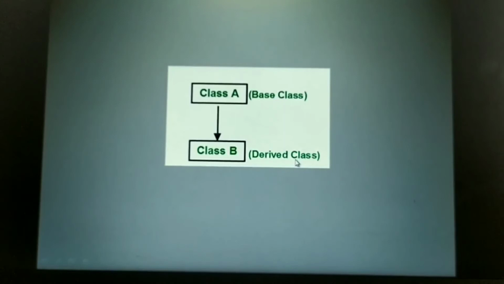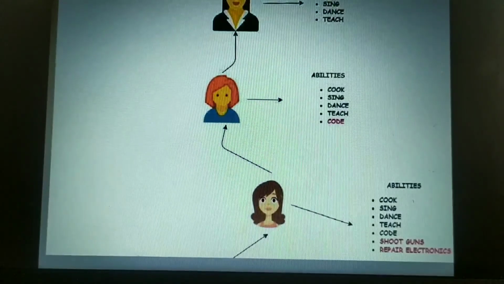By using inheritance, the major advantage is code reusability. Instead of writing the same code which is there in the father's class and the mother's class, as you are inheriting, you need not write it. The properties are already there in the child class. You need not write the code once again in the child class. Let me explain this with an example here.